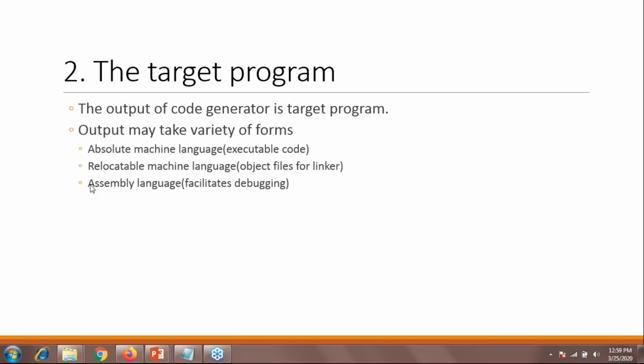Back to the second issue, the assembly level language. It is a somewhat easier code generation process that facilitates our debugging, or it may be the most efficient. Again, it depends on your compiler.